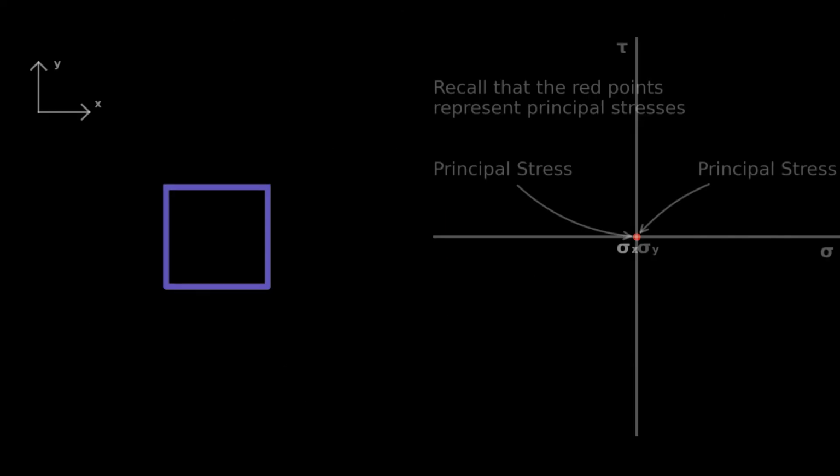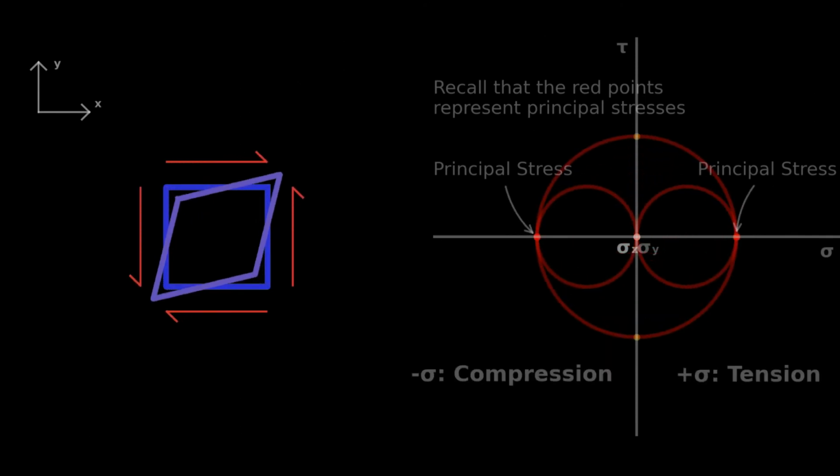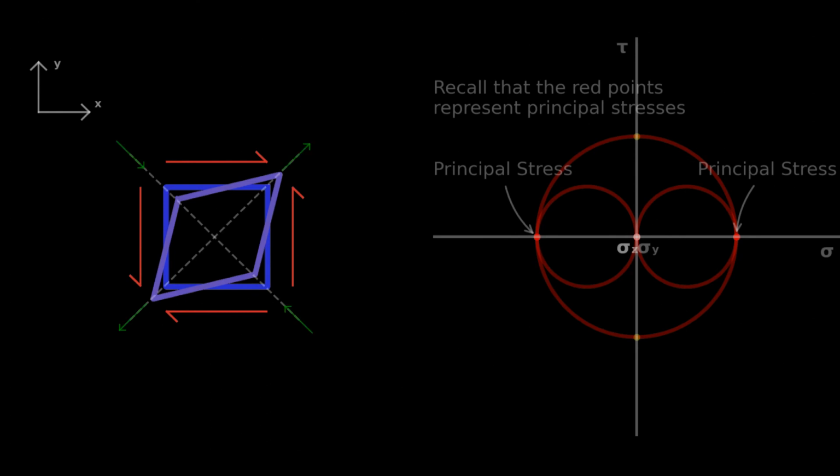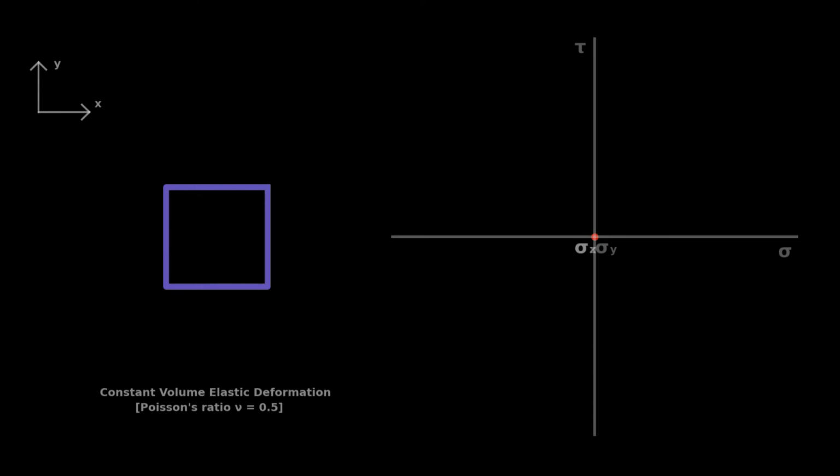Loading the element in shear, the points on the Mohr circle move along the y-axis, and the circle extends into the tensile and compressive stress regions. The principal stresses are still 90 degrees from the maximum shear stress on the circle. Notice that the same state could be obtained by applying the green arrows, which are principal stresses, at 45 degrees on the element. With this knowledge, let's consider the example of a material failing in tension when subjected to compression